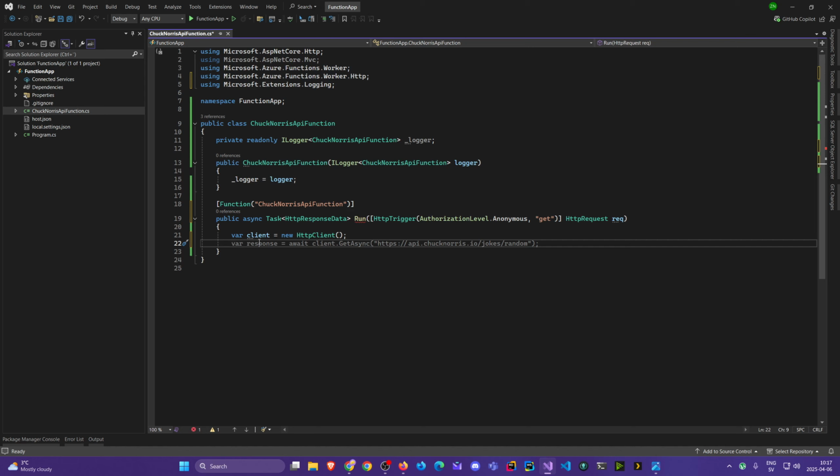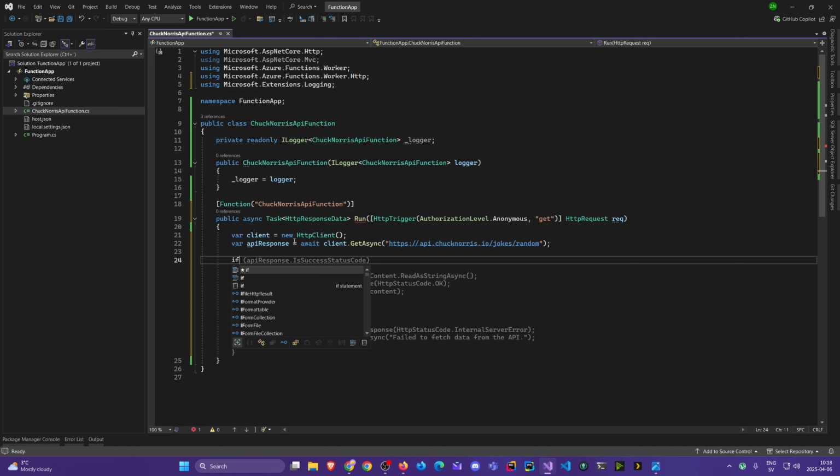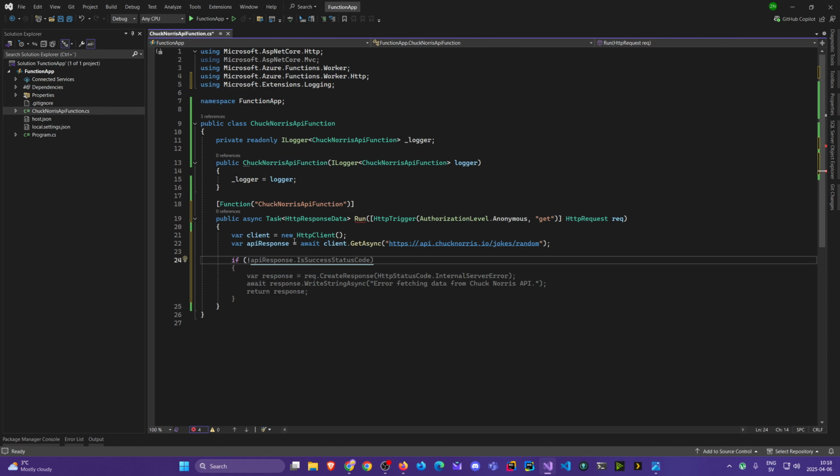And now we can actually use that, but I want to take it slow. I'm going to call it apiResponse because we're going to use more than one response here. We do await client.GetAsync, and here we'll paste in that URL, close that off. We're done there. Firstly, we have to check, once we have awaited, we've made the request to this API and we've awaited the response. We'll first check this response. If it's not a successful status code,